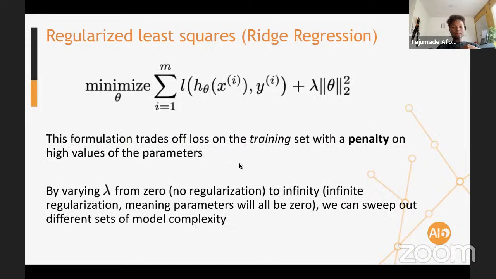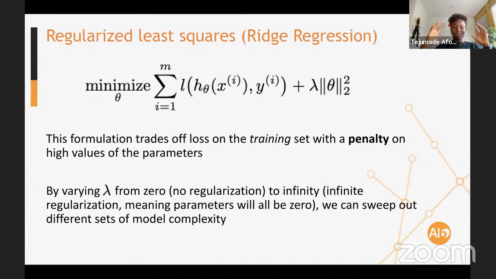What this formulation is doing is trading off the loss on the training set against this penalty value. We vary it from lambda equals 0, which is the unregularized version I told you to think about in the previous slide, to lambda equals infinity, where we are very, very strict about the complexity.